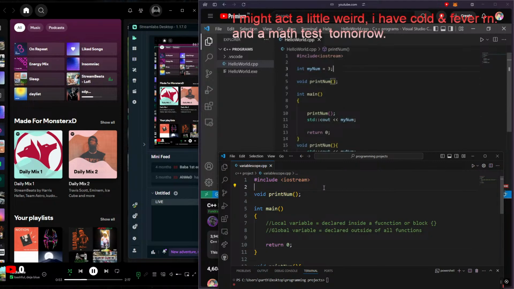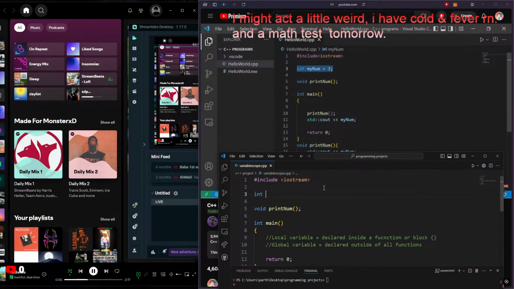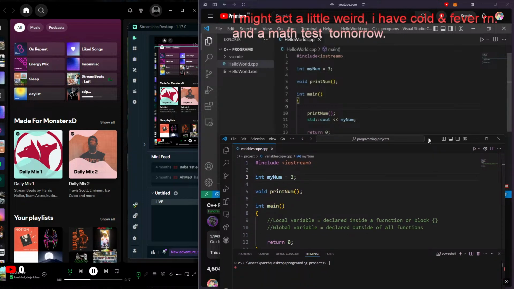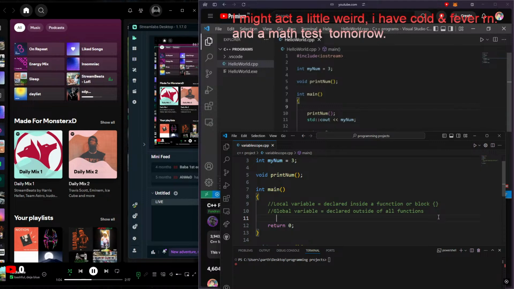So we have 3 and 3. It's best to avoid global variables if you can, because it pollutes the global namespace. Also, variables declared within a function are much more secure, because like I said, functions can't see inside of other functions. If we had both local and global variables,